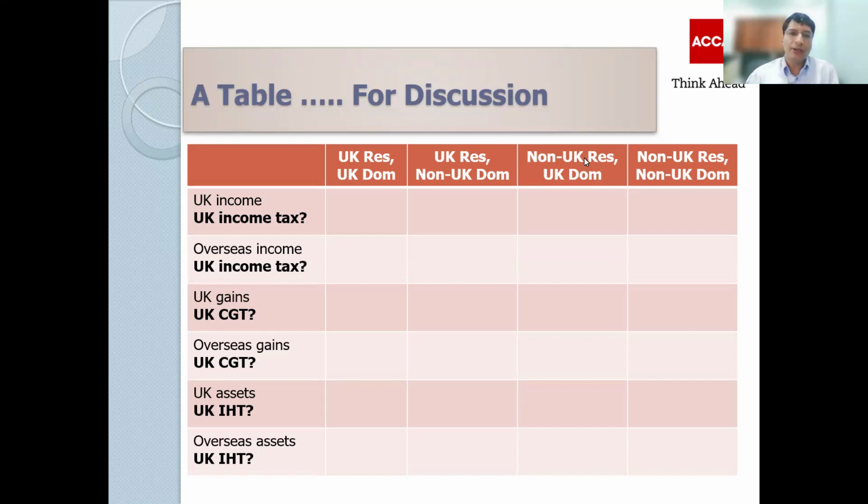If someone is non-UK resident, now look at here. If someone is non-UK resident, then most of the UK gains are not liable to UK CGT. Remember, when I say non-UK resident, I'm not talking about the temporary non-residents. I'm sure you understand the principle of temporary residence for the purpose of capital gains tax. In very brief, if someone has been residing outside the UK for less than 5 years after leaving the UK, then that's called temporary non-resident.